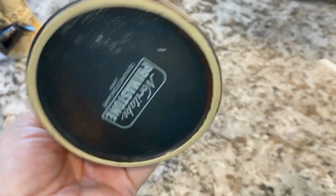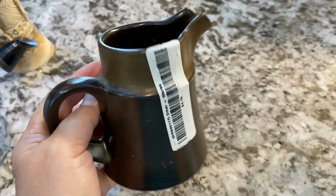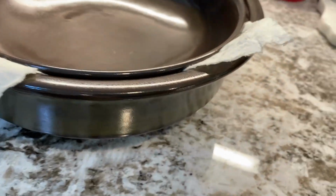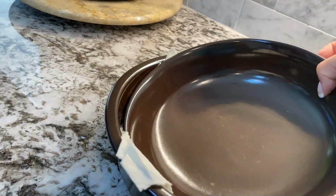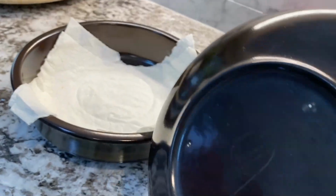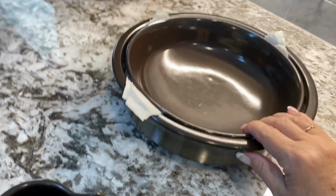And then this I found, it is Noritake, and it is stoneware, and it's very heavy, but I liked it because it goes with my Franciscan Madeira bowls that I keep like this with the paper towel in there so they don't get damaged in my cabinets. But there's the tag, the Franciscan, and I got these at the half off sale